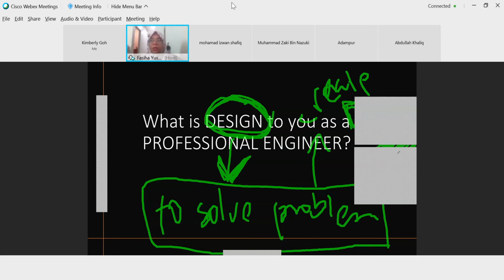What is the material? What is the working principle? What are the dimensions? What is the configuration? Everything that you must do in design. In the big definition, it is to solve a problem. In order to solve the problem, you have to create something, and to create something, it must be done very, very precisely and in great detail.